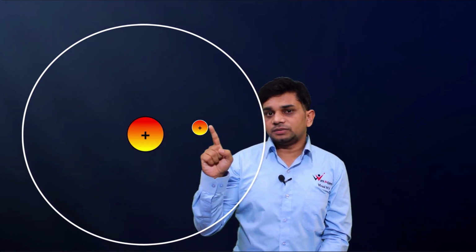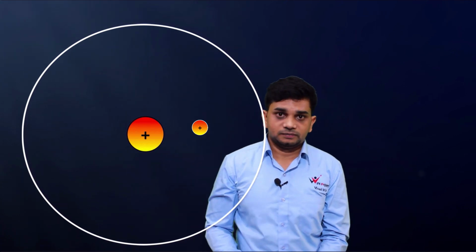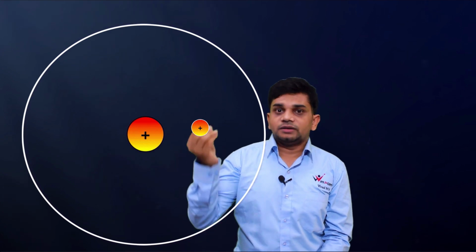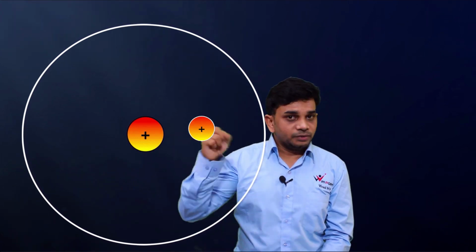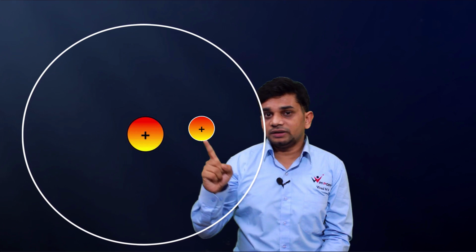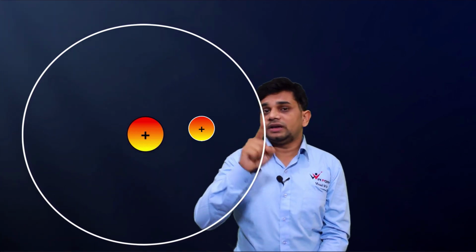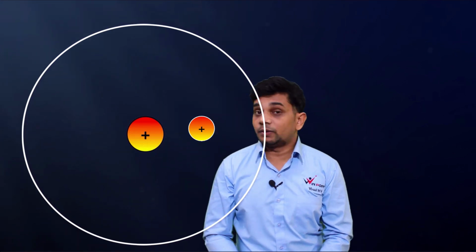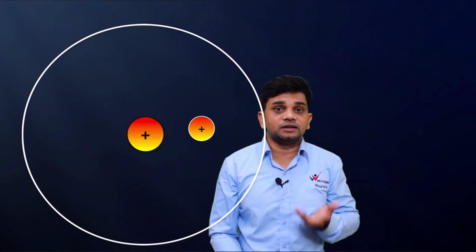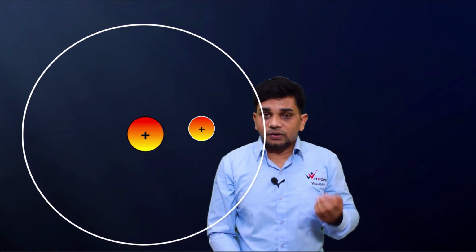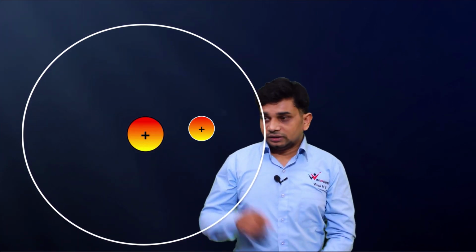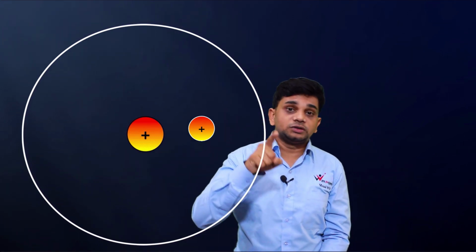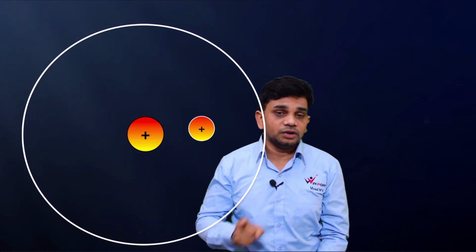So this 10 coulomb charge is experiencing a force, and now we are going to increase the charge. Previous case it was 10 coulomb, now it is 20 coulomb. Now also there will be force. Which force will be more, 20 coulomb or 10 coulomb? According to Coulomb's law, if you are increasing the charge, the force will increase. In the case of 20 coulomb, the force will be more.